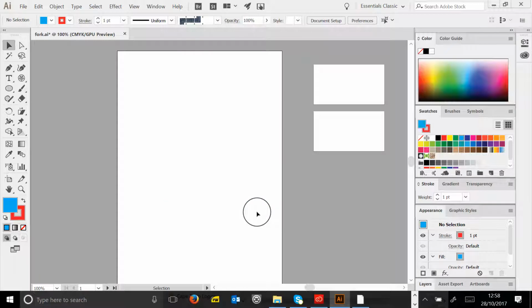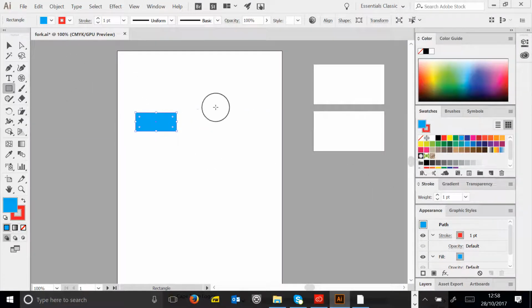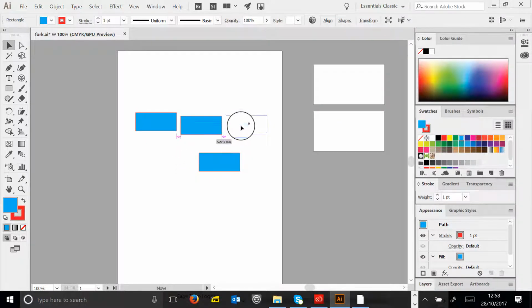So now that you can move around your document, just a couple of extra things that I do want you to be able to do. Let's say you had a blue rectangle, and I'm going to copy and paste it, Control C, Control V, or Command C, Command V on a Mac, and I'm pasting them next to each other,